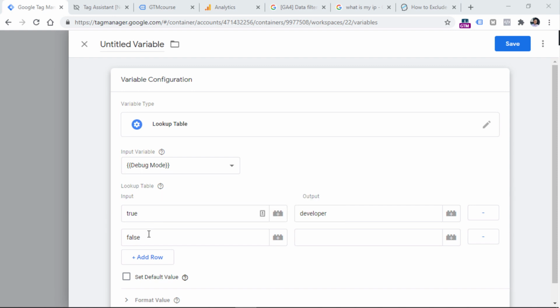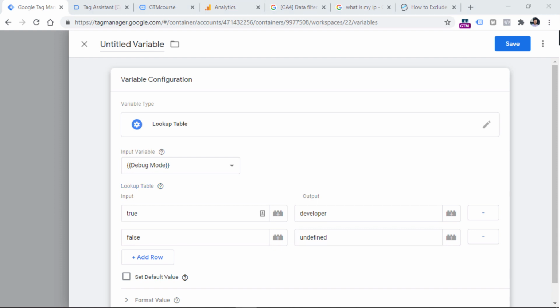Then if the debug mode variable returns false, this means that the preview mode of Google Tag Manager is not currently used. Therefore, we want this variable to return nothing, or in other words, we will let Google Analytics 4 continue sending that regular internal value. Therefore, we should enter something like undefined here. However, if we enter the word undefined like this, it will not work, because in this case, we will actually be sending the word undefined.